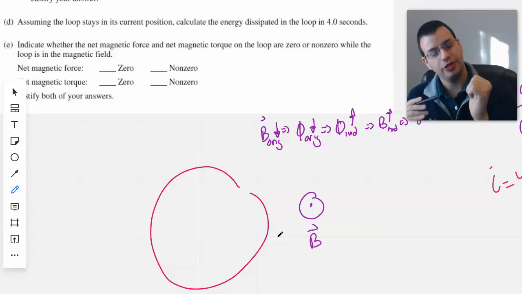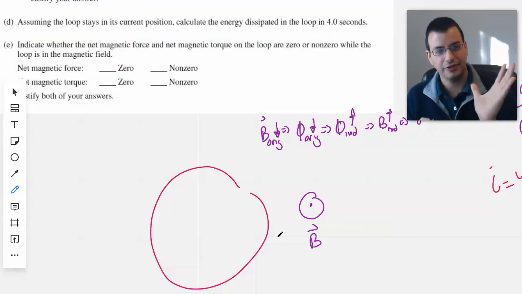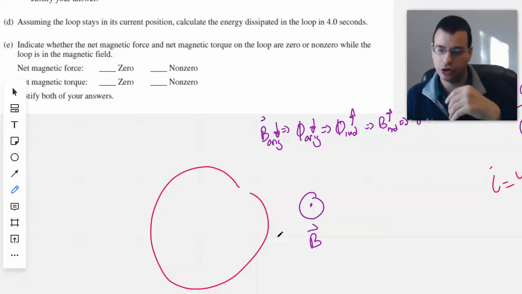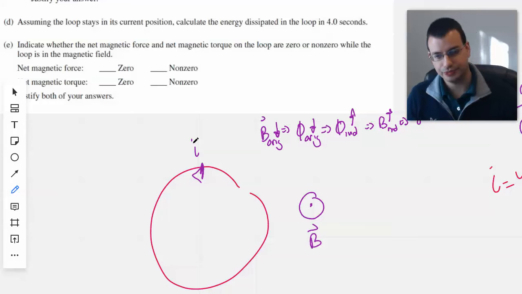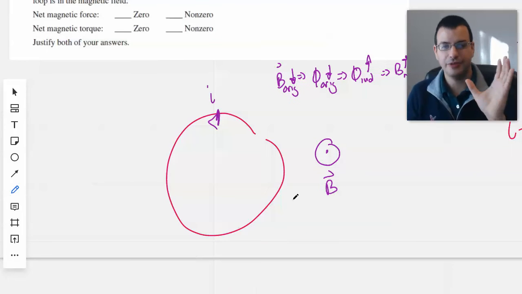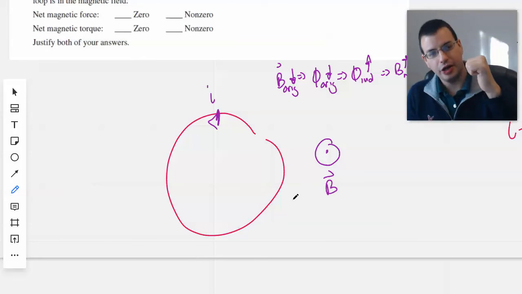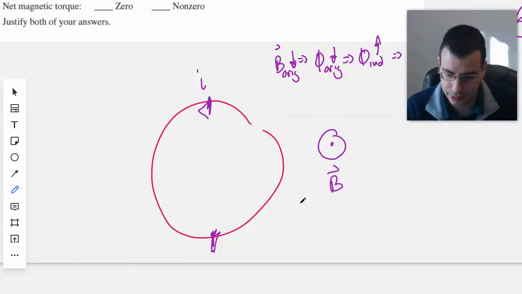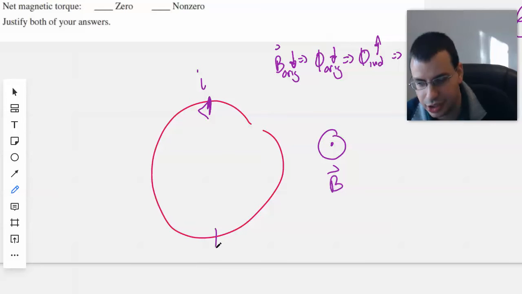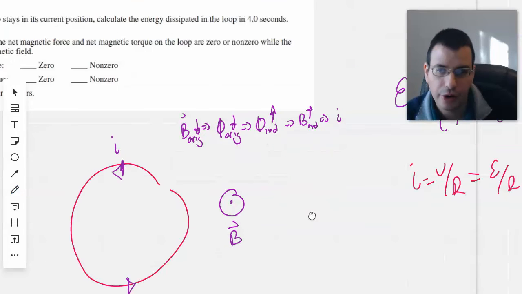And so you put your thumb along the direction of the magnetic field and then find the current of the loop. So if current is this direction, then you wrap your fingers along the direction of the current and your thumb points the direction of the magnetic field. And so we're going to have a counterclockwise current. Except that second arrow looks dumb. There we go. Counterclockwise current